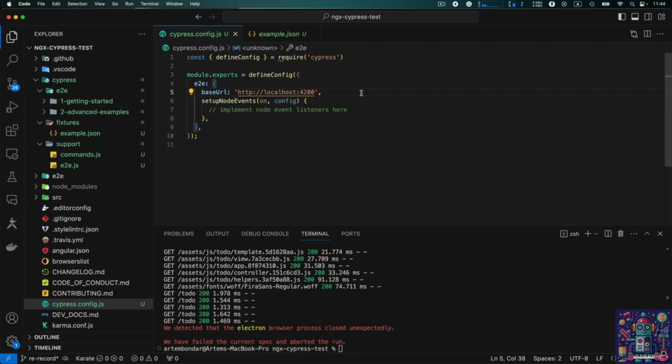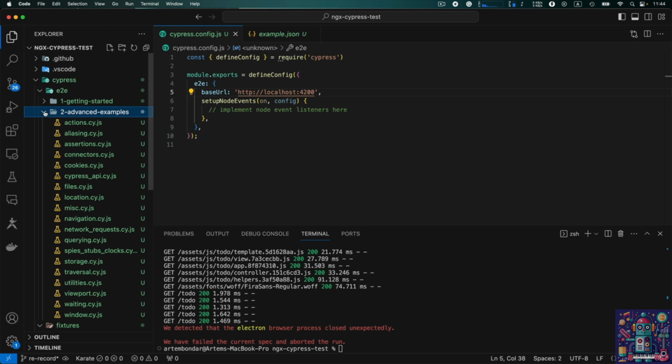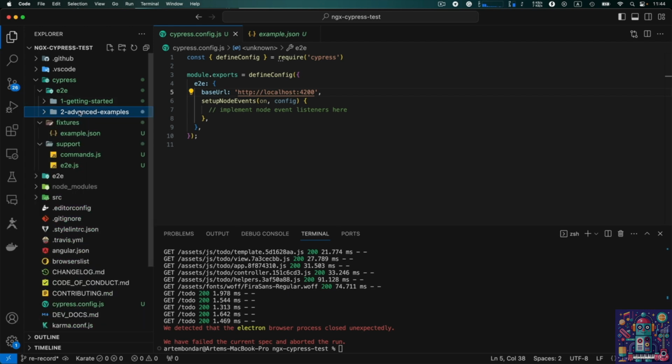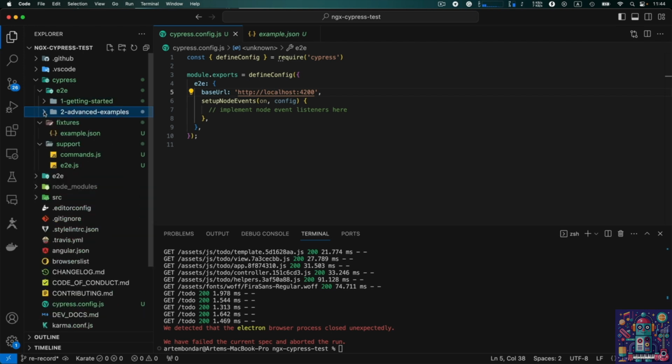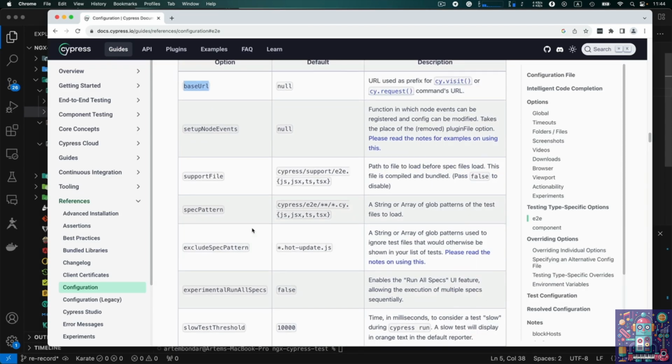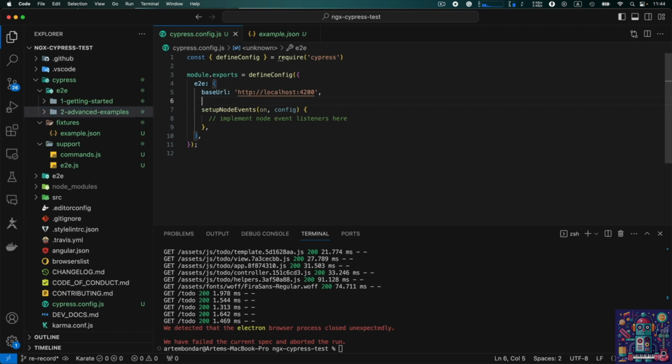All right, the next thing, I want to ignore these two folders with examples of files from Cypress Test Runner. When I open Cypress Runner, I just want to hide these folders and use these files only for reference, to look at the examples of the test when I need it. So going back to configuration, I'm looking at this key, excludeSpecPattern, adding it right here. And for the configuration, I need to provide the names of those folders that I want to exclude from the runner. I put an array, and the first value will be **